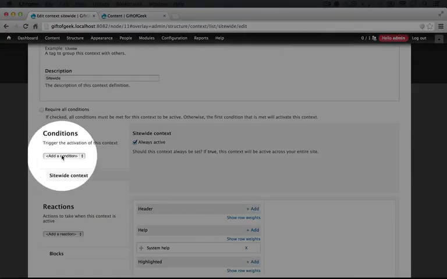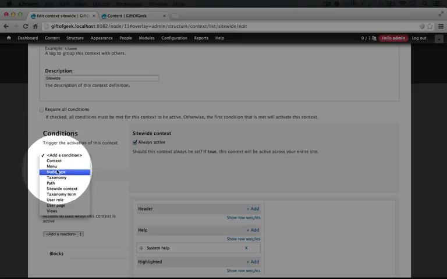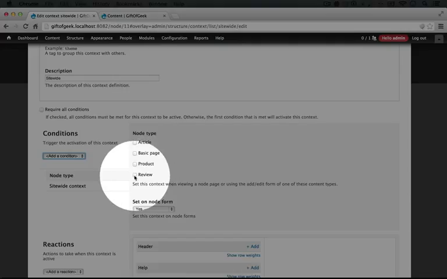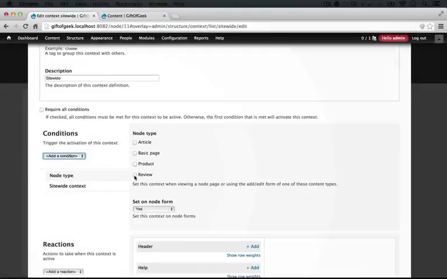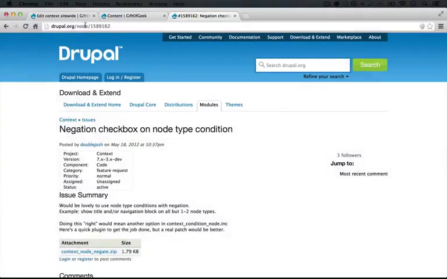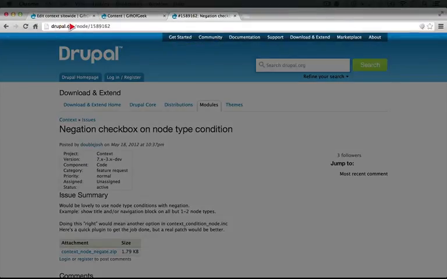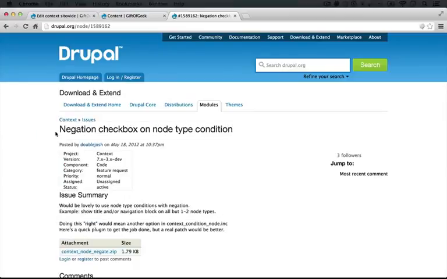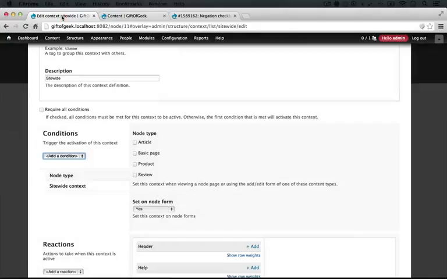Now in the future, what we may be able to do is click Add Condition and go to Node Type and select the node type to exclude. But right now, we can only set the node types to include. There's a patch available if you go to drupal.org/node/1589162 that adds a negation checkbox on the node type condition. So if you're familiar enough with applying patches or want to give it a shot, this will get you what you need. But for us right now, since we're focusing on site building, we don't really have that as an